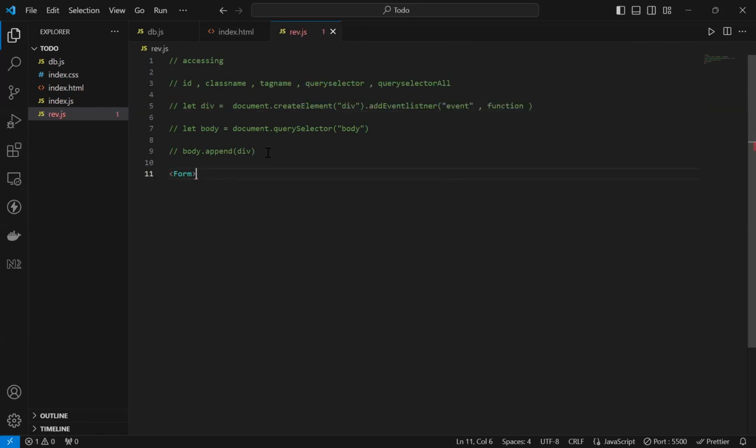Then we talked about forms also. What was the event for a form? Were we writing click? Were we writing select? What were we writing? Submit. So if we submit a form, we were running this function,